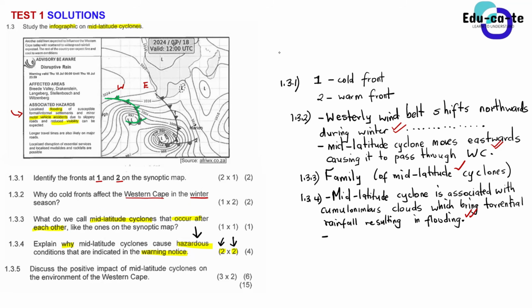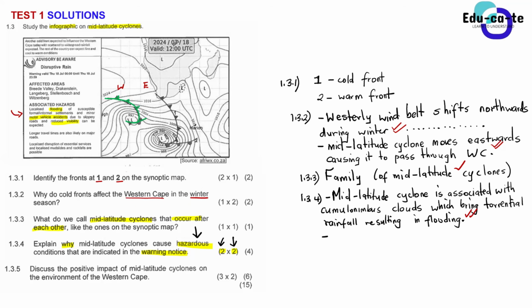Have you ever been in a car when there was heavy rainfall? When there's heavy rainfall, you really cannot see anything. No matter what cloud it is, whether cumulus, cumulonimbus or nimbostratus, whenever it is raining and you are moving with your car, you need to keep on using the windshield wipers. But basically there's always reduced visibility. You cannot see the road properly when there's rainfall. So the rainfall coming from this mid-latitude cyclone is the one that leads to poor visibility.